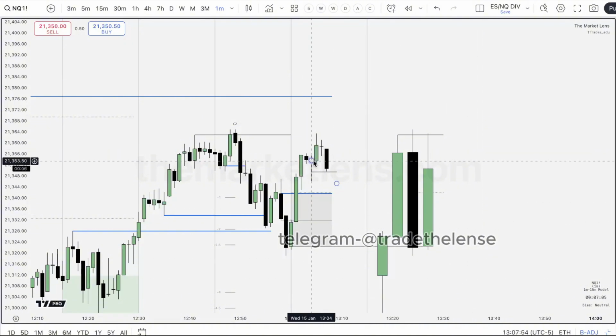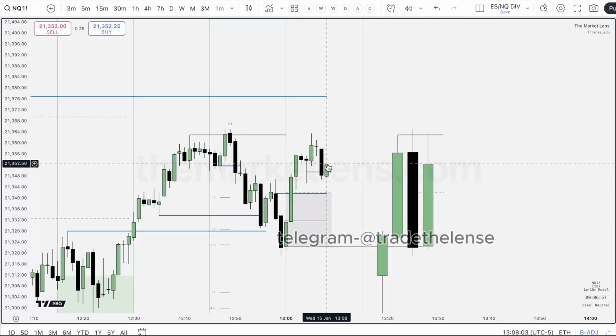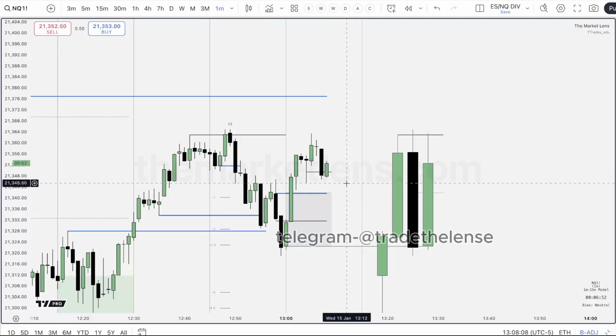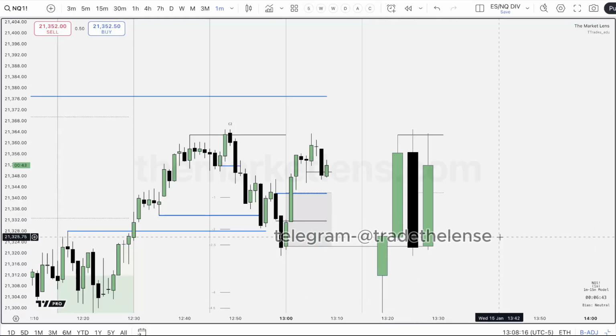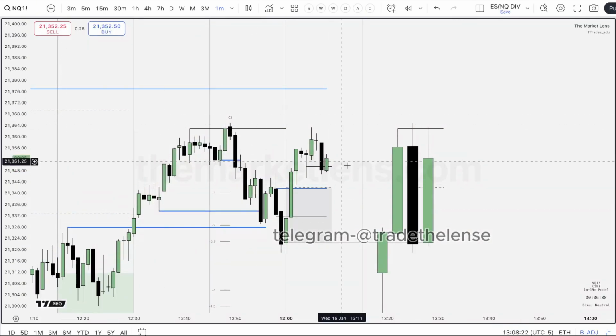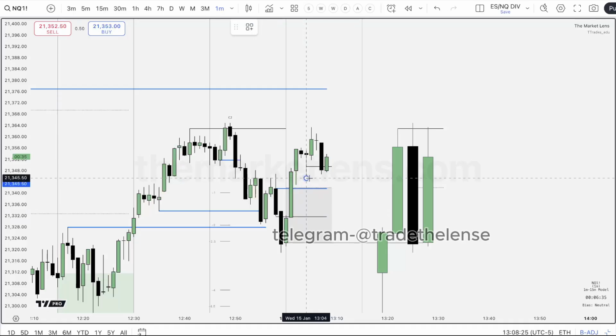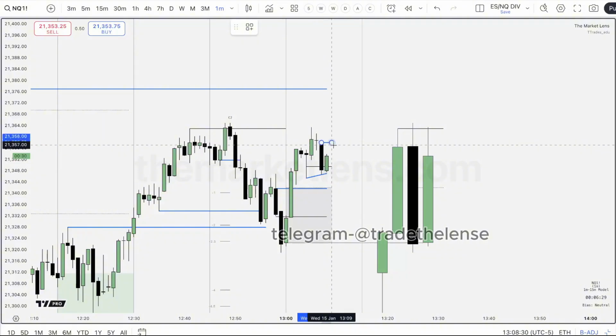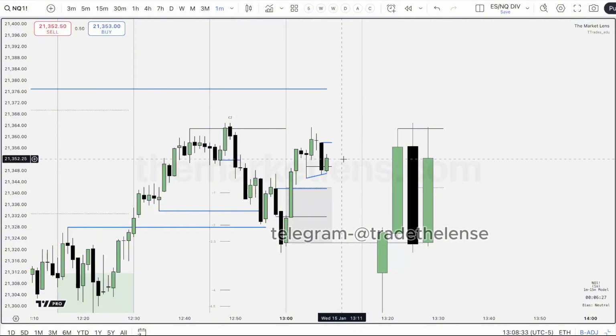But most of the time, when you see a formation like this, we either sweep out here, respect the wick, and close back in, or we disrespect this and sweep below. With this, I prefer to see the low ran. Maybe it doesn't. That's fine. It's not something I'm going to put any risk on unless we have SMT. Let's see. Yeah, of course we have SMT. I don't like the look of the lows, but we do have SMT here now. So SMT makes it valid to see if we close over here, and then that should trade higher.